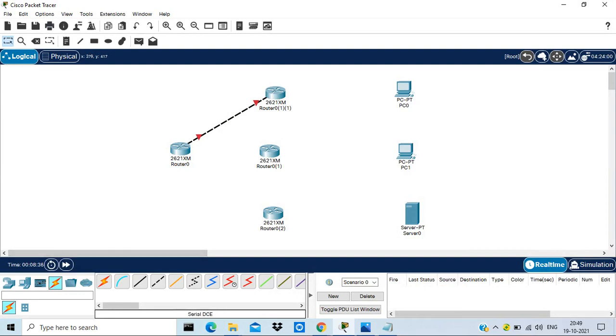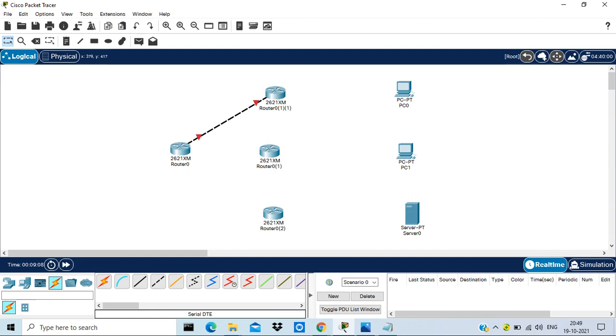So here you can see there are two cables. One is serial DCE and another is DTE. Do you know the difference between the two? Difference as in I know that in the serial DCE we set the clock rate, whereas in DTE we don't need to do that. But what is the full form of DCE and DTE? That I forgot actually. And is there any specification where these cables are used, at which end? No idea, sir.